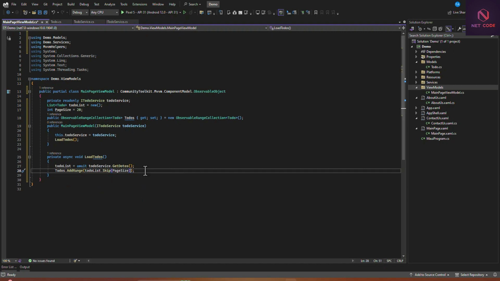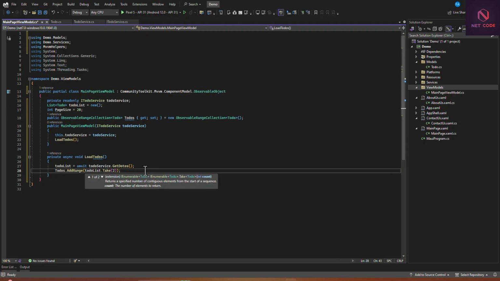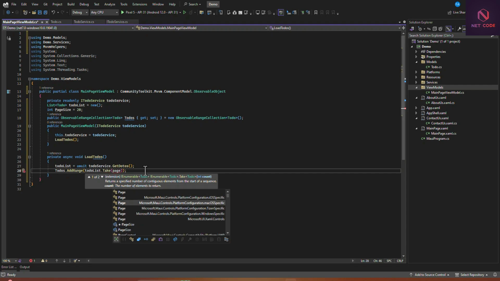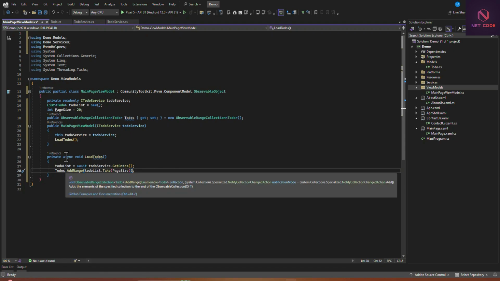So the skip here, we can maintain 0, or we can even remove the skip from it, because initially there's no skip value. So then let's use .Take. So Take how many, that is the page size. So you pass in this page size. Okay, so that is what we are adding. Now we store the list locally into this list over here. Then we are taking 20 out of this and now assign it to this range.